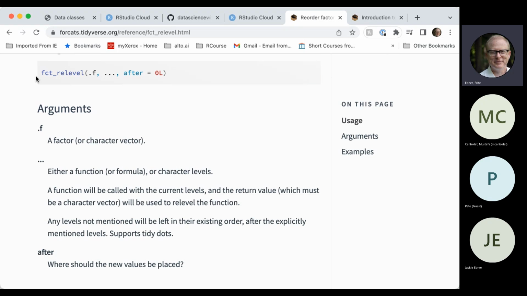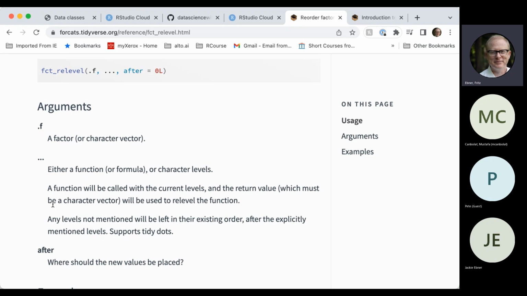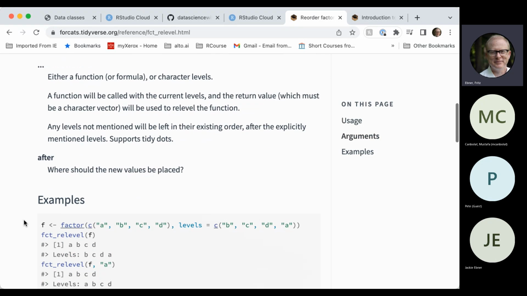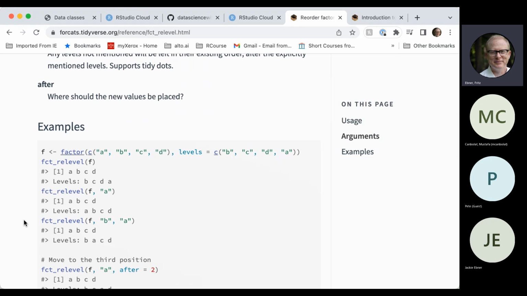But the way it says factor relevel, you take in a factor or a character vector. So we're taking a vector of character. And then some way to reorder. And this part is so abstract, it's difficult to understand. But if you look at the examples,